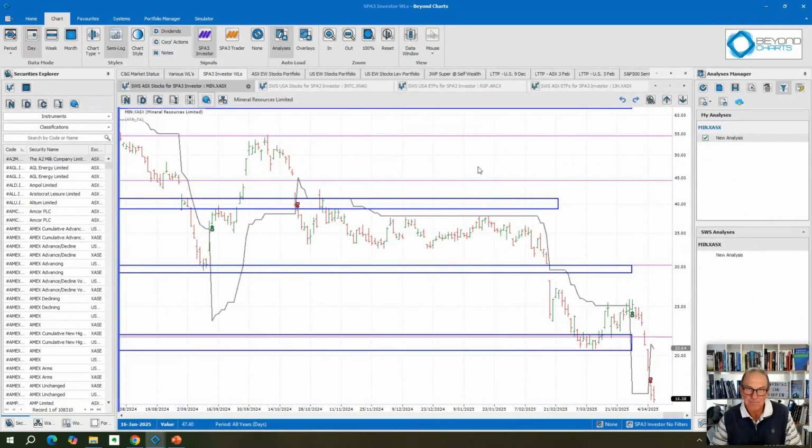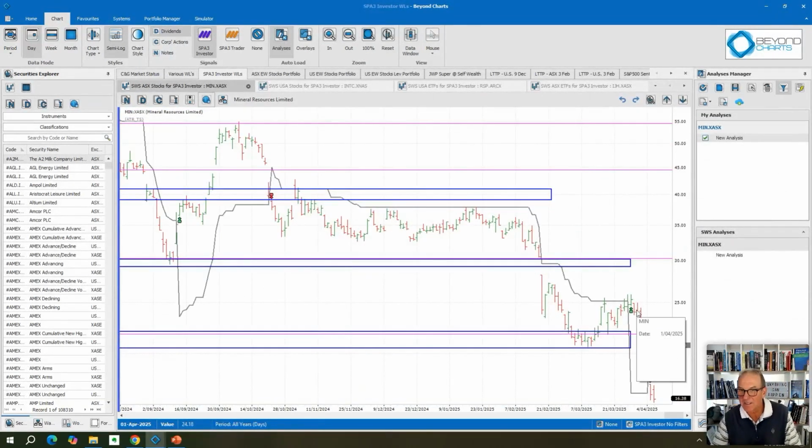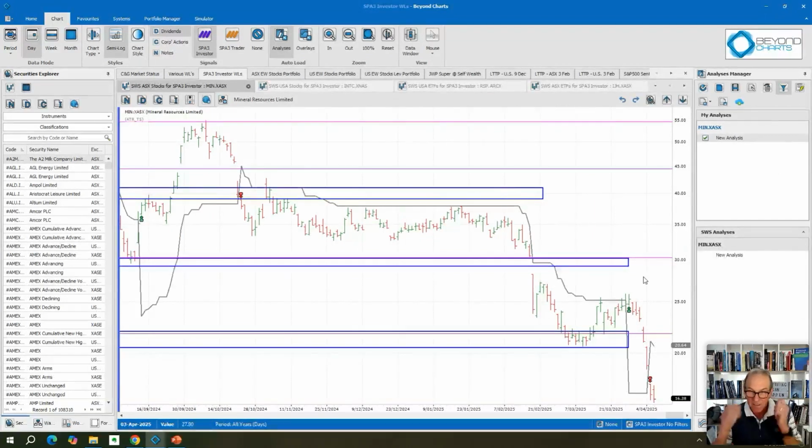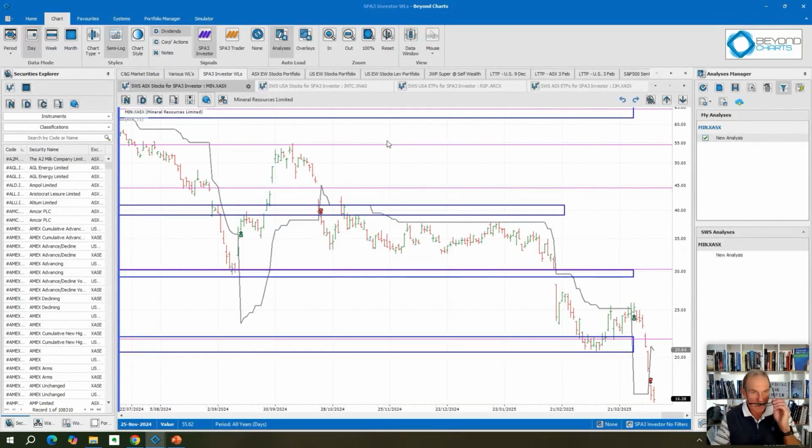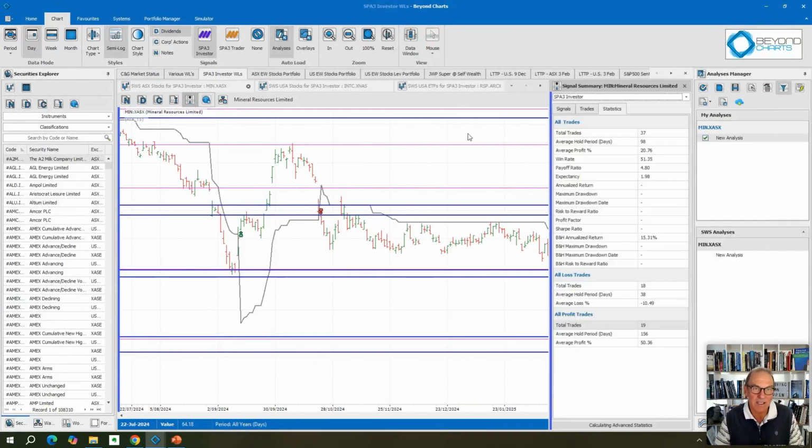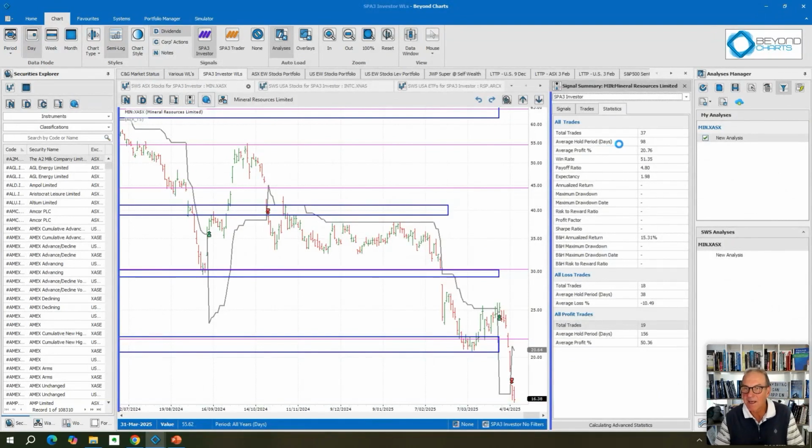Okay, there's MIN. Effectively, there was an entry signal, a mechanical entry signal. You go, oh yeah, but for the sake of this breakout being a little bit higher, we wouldn't have got into it. It's obviously being affected quite dramatically by the tariffs, and more than the tariffs. So for the MIN trade, what I would do here is take a bigger picture perspective and have a look at its edge. So this is its edge going back over probably all the data.